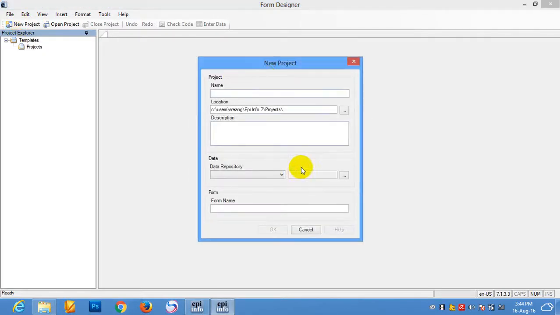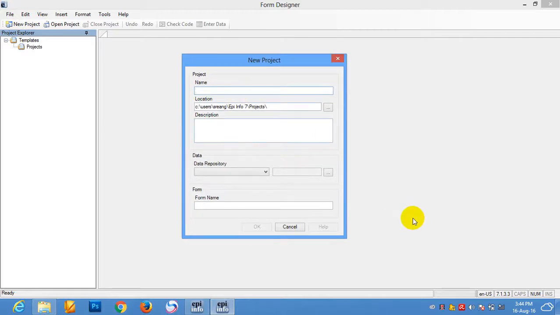and click Continue, and you provide the project name. It's just an example, food poisoning. Okay, here is the location of your project, and you can describe everything here. For the data repository, you can choose Microsoft Access 2002-2003, or you can use a Microsoft SQL Server database. We can choose Microsoft Access,